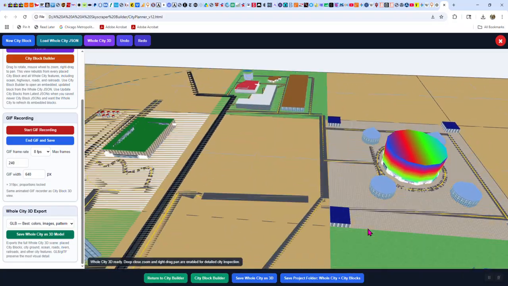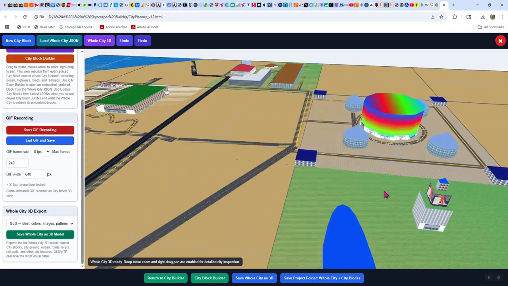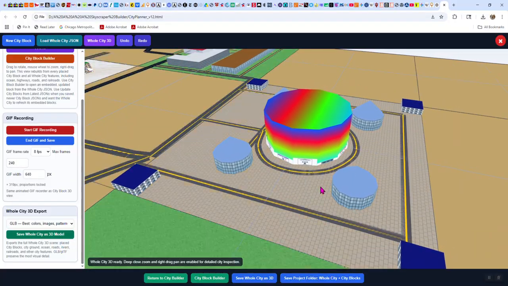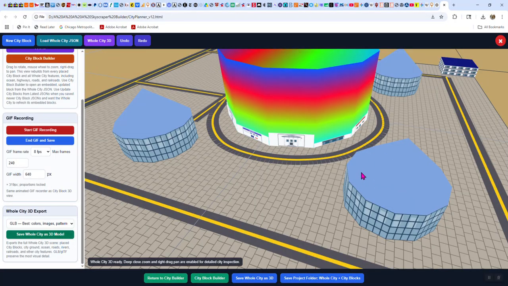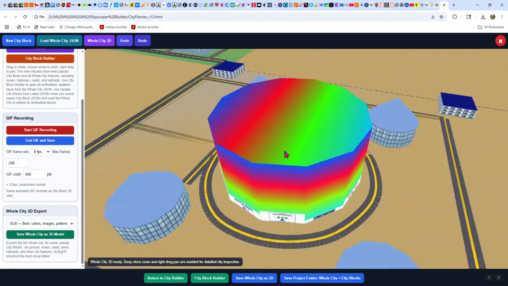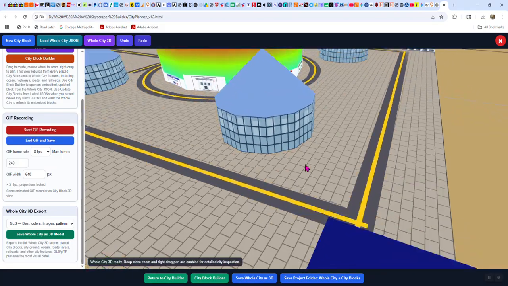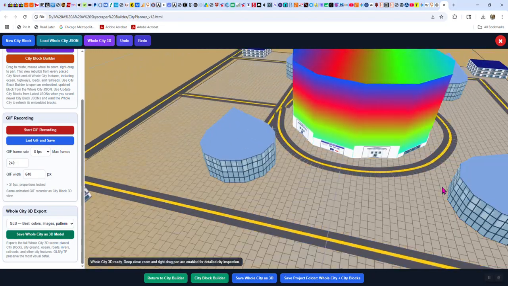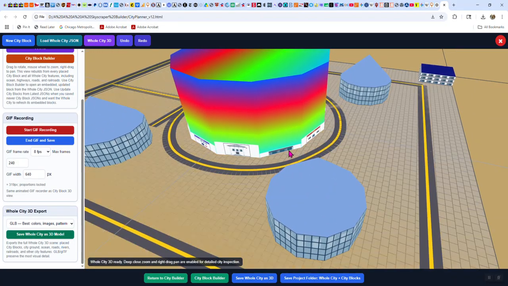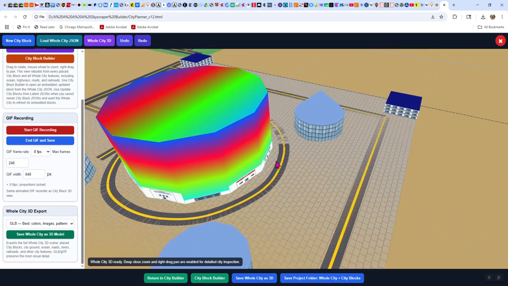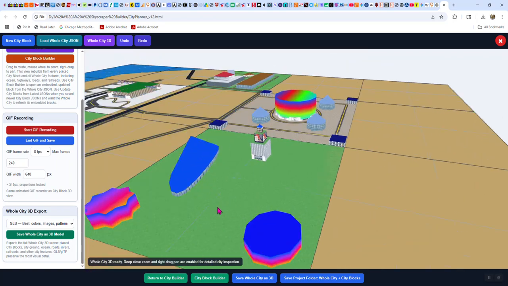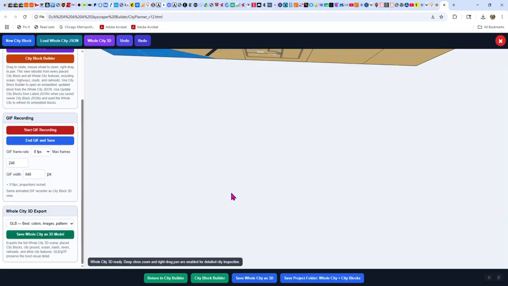And then, oh, this was a cool one I built. I was using those gradients. And it's got paving stones, and pyramid buildings that are all just alike. And then the base of it is all stores, a bank. There's a bookstore in there, a jewelry store. There's a hotel. There might be a cinema, and it's got a ring road. I created that in this city builder. And then there's the one. Whoa.